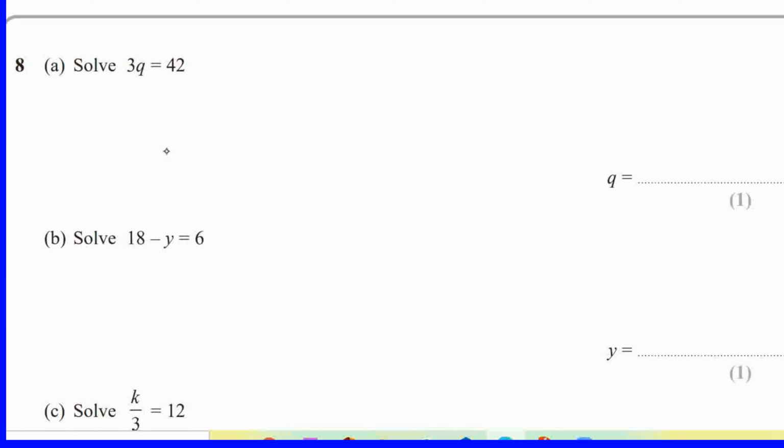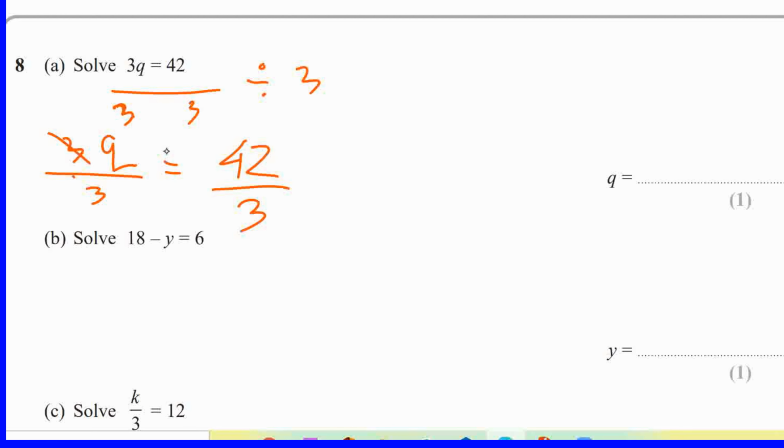Q will be, if we divide this by 3, both sides will be 3q over 3. We cross this with that, q equals to 14,